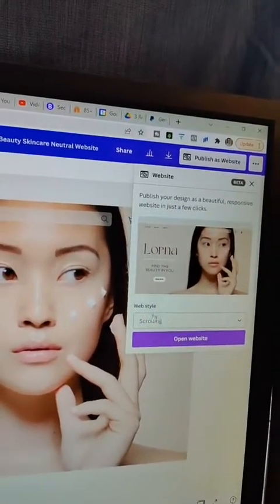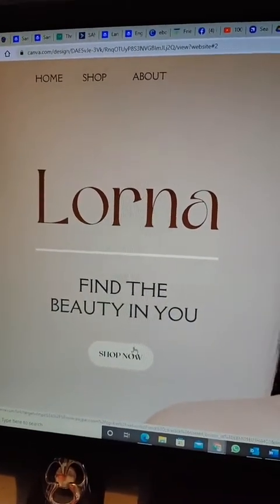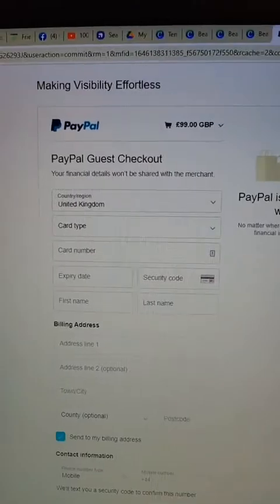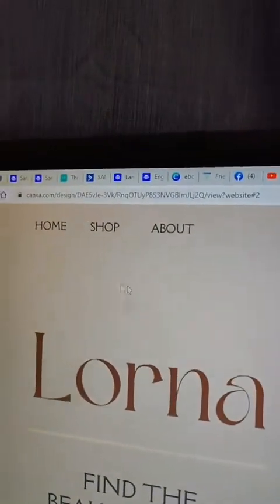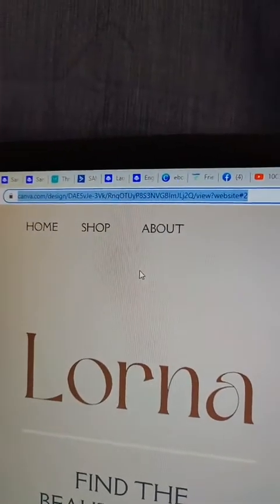I personally use scrolling if you've got more than one page, but click Open Website. From here, you'll then be able to click this button and it will take you to PayPal, like this, where someone can pay. Now this code up here, this is the one that you're going to want to share, but that's really unsexy, so let's make that a little shorter. Take yourself over to bit.ly.com, create a free account, enter that really long link, and it will allow you to create something smaller, shorter, something that's easy to